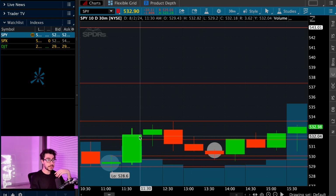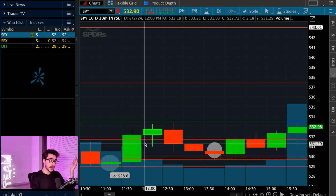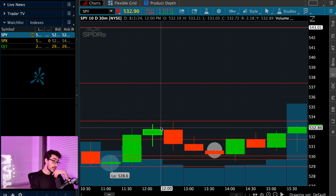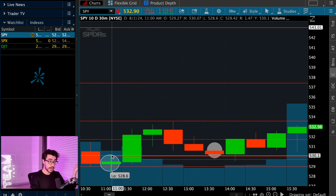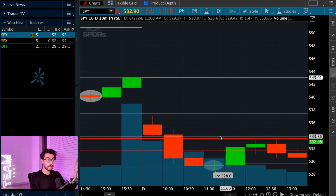But it's just common sense, man. The SPY had a gap close reversal. That's bullish. The SPY had a breakout. That's bullish. And then if it drops back down to that previous resistance right here, it's likely going to react to support. And then if you just use the patterns that we go over, man, you have to look for